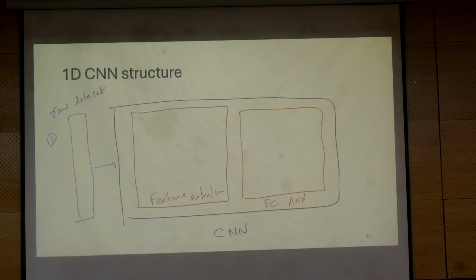So there are two distinct parts. The first part extracts features, and the second part is just our traditional ANN, where you will have the feature vector feeding in, and this is the input layer. Whatever comes out is going to be the input layer. Then you will have hidden layers with multiple neurons in each hidden layer, and then you will have an output layer. The output layer's output will be y hat, the prediction. We will know the ground truth y whenever we are training. So the absolute value of y minus y hat will be used for training. That will be the loss function, and our objective is to minimize the loss function.